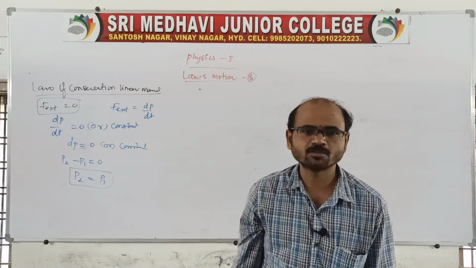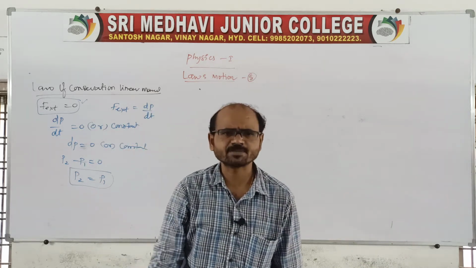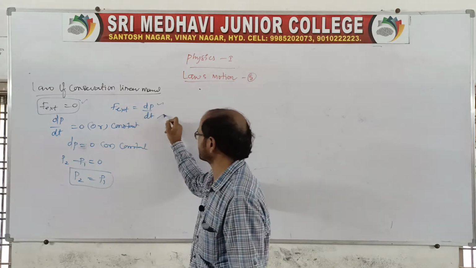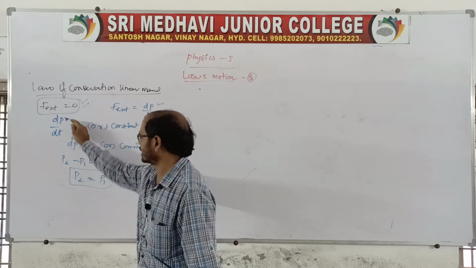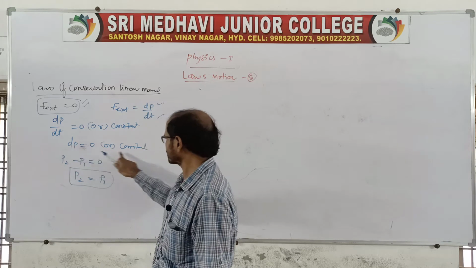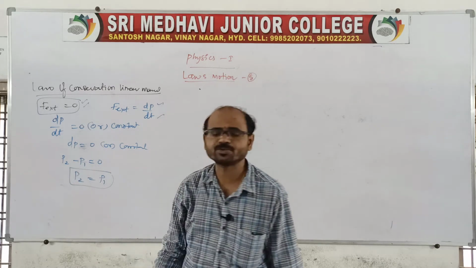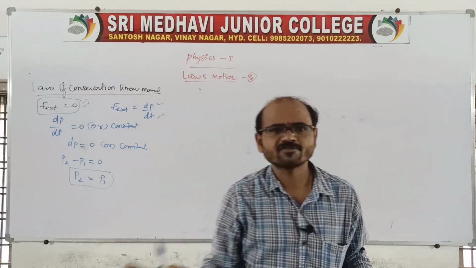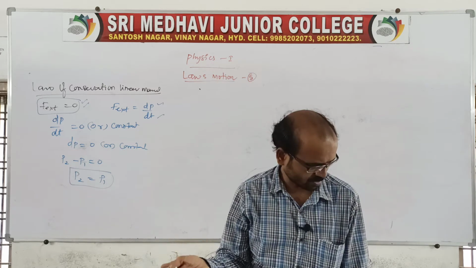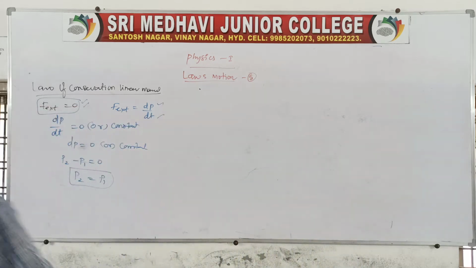So the conservation of linear momentum is nothing but when the external force acting on the system is 0. If the system contains different particles, then the external force is directly proportional to dp by dt. Therefore when the force is 0, then dp by dt is equal to 0, or we can say constant. According to that, dp is equal to 0 or constant, then the change in momentum will be p2 minus p1 is equal to 0. Therefore, p2 is equal to p1. This is related to the law of conservation of linear momentum. When the external force is 0, the rate of change of momentum is equal to 0 or constant, which we can say like this.